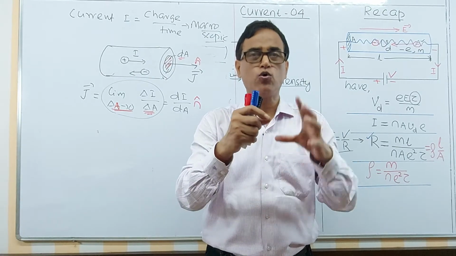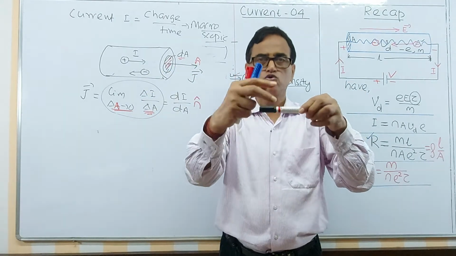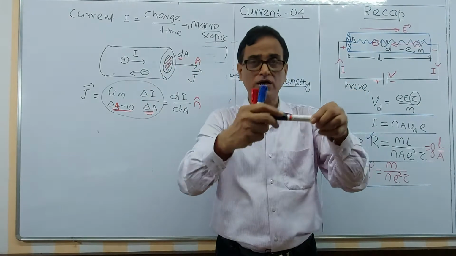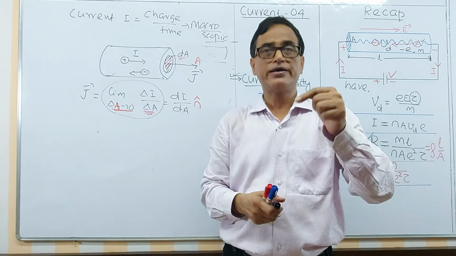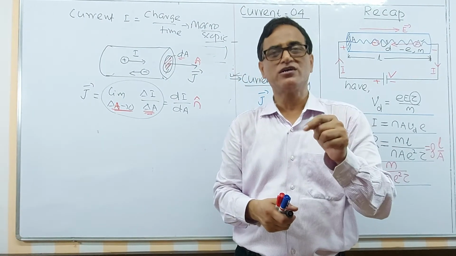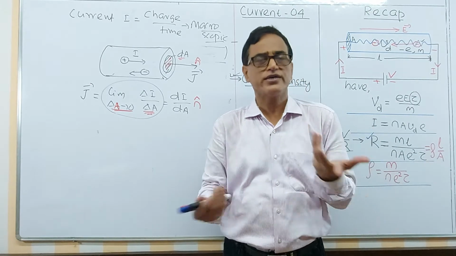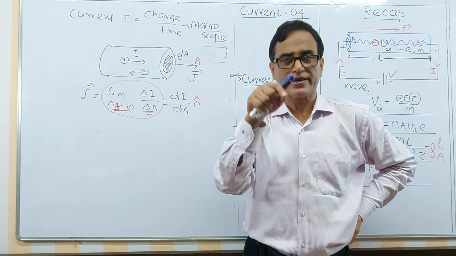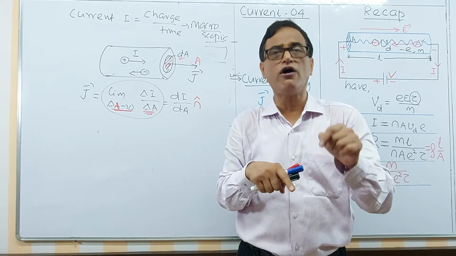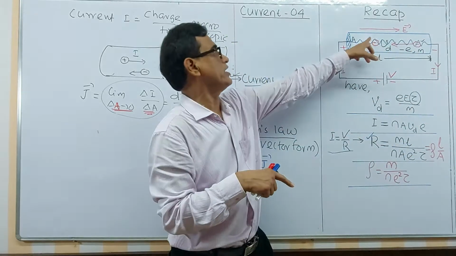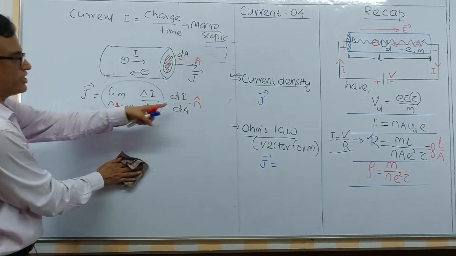Current is, on the whole, the rate of flow of charge through a section, but current density is defined at a point. And remember, its direction is in the direction of current. You may be asked a question, what is the direction of current density then? We will read now. Current density direction is the direction of electric field, nothing else. Let us see this one. Now, I think this definition is clear for you.